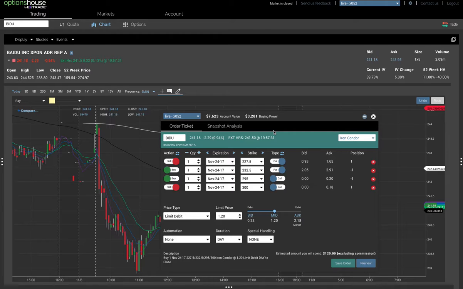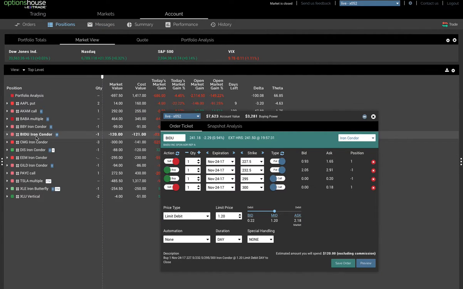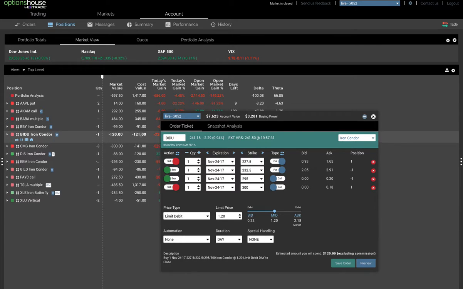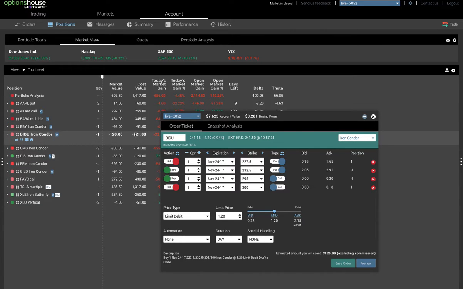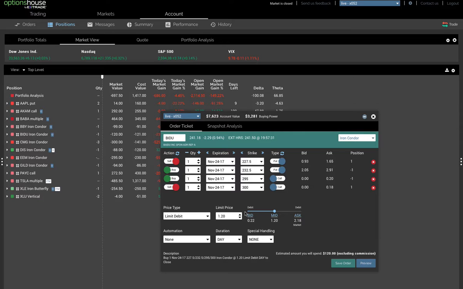Now you need to have a predefined profit target. By what I've been teaching, it's 50% of the credit that you received whenever you opened the order. So let's find out how much I received on Baidu. I received 100, we'll say 120 just for easy math. I received $120 credit per one contract when I opened Baidu, so I know that I do not want to sell this thing or give it back for anything more than 60 cents. So I can fill that in here